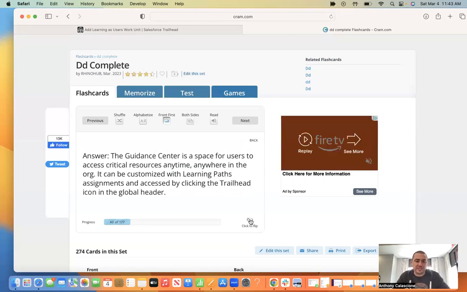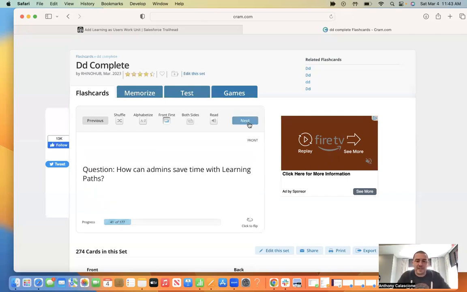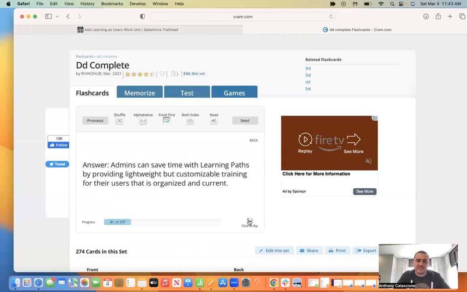The Guidance Center is a space for users to access critical resources anytime, anywhere in the org. It can be customized with learning paths, assignments, and accessed by clicking the Trailhead icon in the global header. How can admins save time with learning paths? Admins can save time with learning paths by providing lightweight but customizable training for their users that is organized and